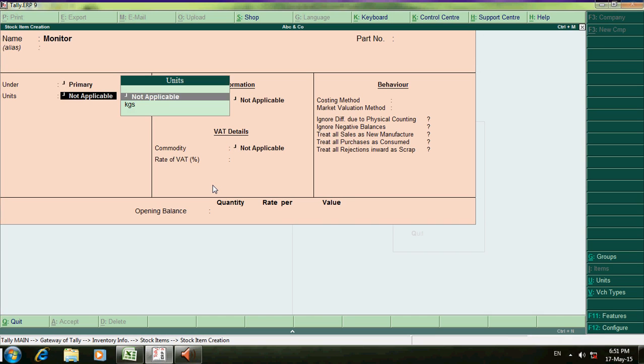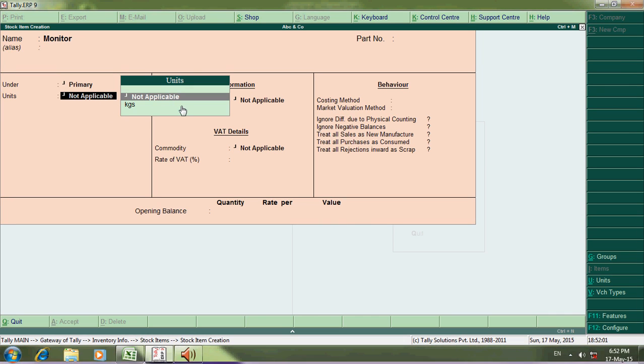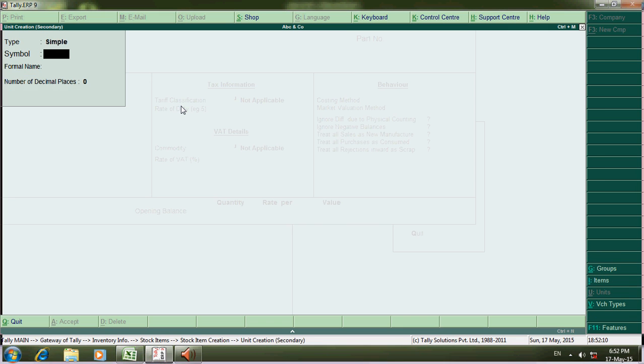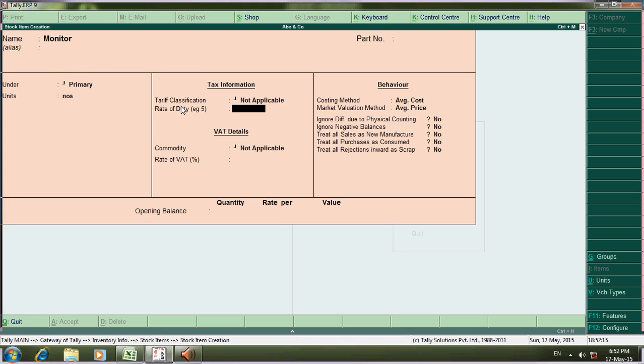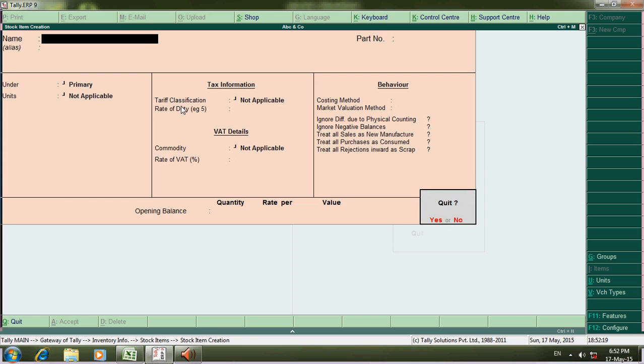Under group, it is not necessary now. The unit is numbers, so you have to create it. Here itself you can create that unit name. Press Alt C to create a new unit. Say numbers.